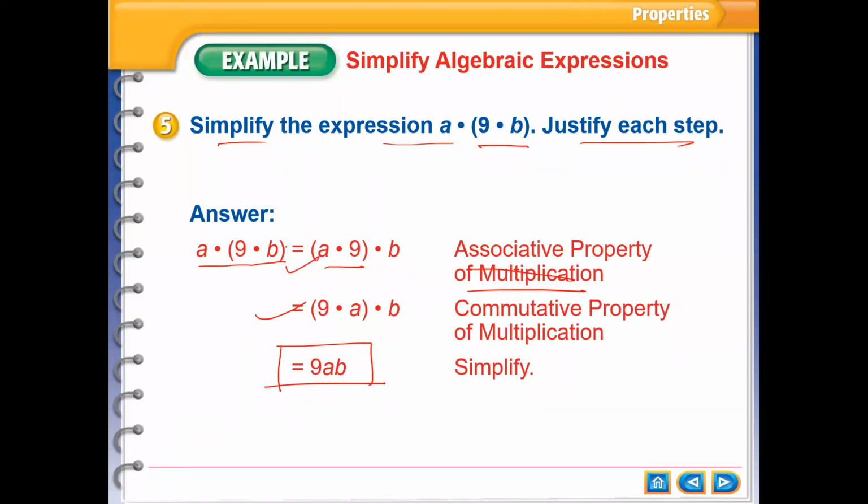पहले उन्होंने क्या किया, देखो पहले उन्होंने इस 9 और A को ब्रैकेट के अंदर रखा, तो ये प्रॉपर्टी कहलाएगी एसोसिएटिव प्रॉपर्टी फॉर मल्टीप्लिकेशन, बिकॉज उन्होंने एसोसिएट किया है. देन 9 को पहले रखा और A को बाद में रखा, तो इस प्रॉपर्टी को कहेंगे कॉम्यूटेटिव प्रॉपर्टी, बिकॉज कॉम्यूटेटिव प्रॉपर्टी में A इंटू बी इज इक्वल टू बी इंटू ए होता है, यानी हम ऑर्डर को चेंज कर सकते हैं. तो इस स्टेप में ऑर्डर को चेंज किया गया है. That is why this is commutative property for multiplication. Then finally your answer is 9AB. Is it clear?